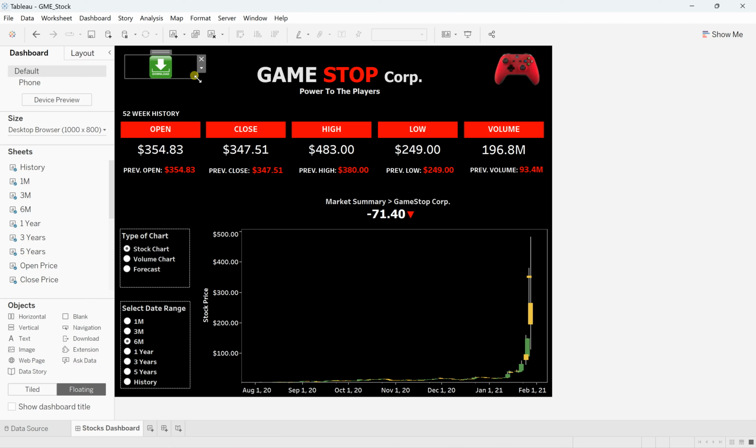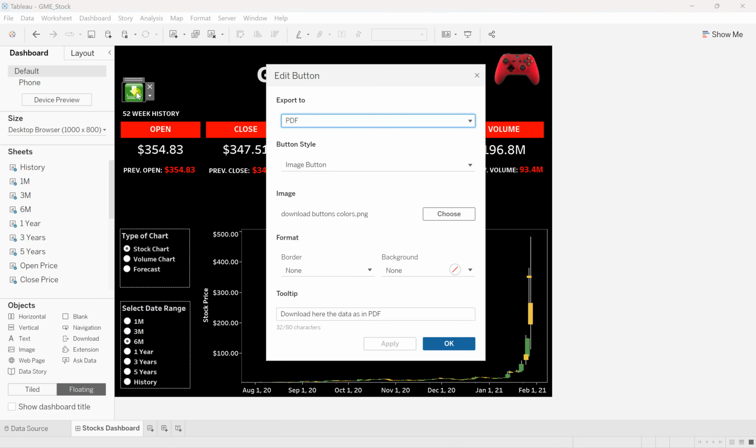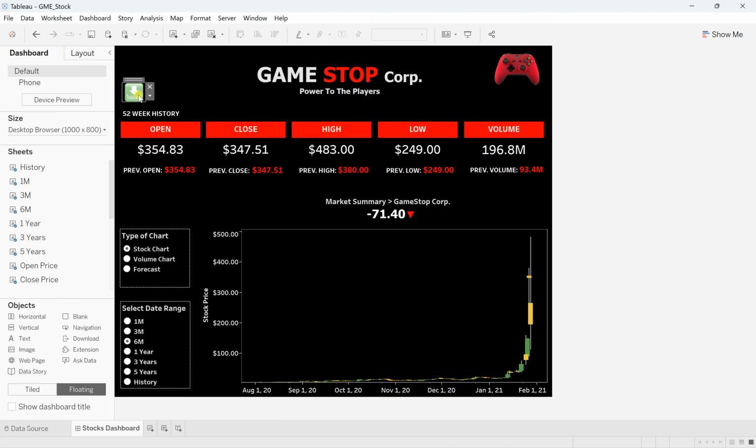But I want to keep this a little smaller in size. Somewhere over here. Okay. Now, if you double click on this, it will directly open the edit button. So they say click on Alt and simultaneously click on that button. Here you go.